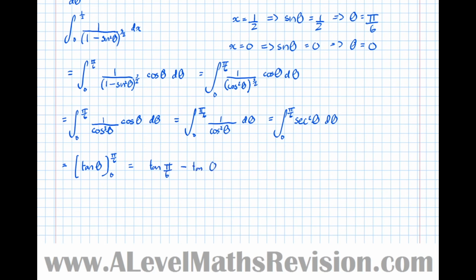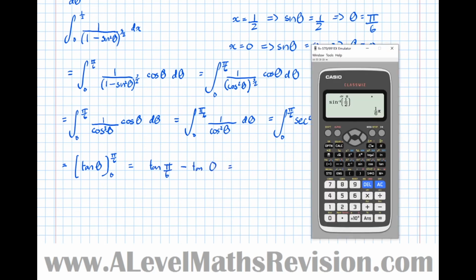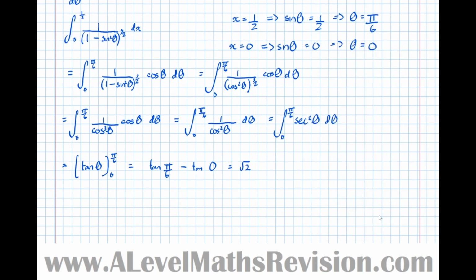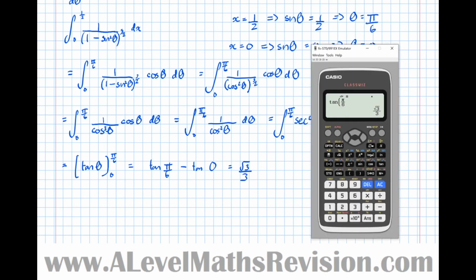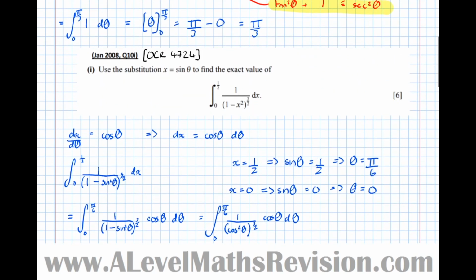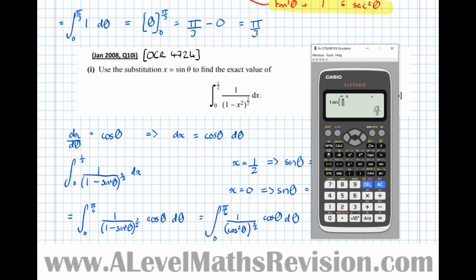take tan of 0, so tan of pi over 6 is root 3 over 3. Take 0, which is just root 3 over 3. So let's check the answer in the calculator now. Let's put exactly what we're asked to integrate in there. So the integral